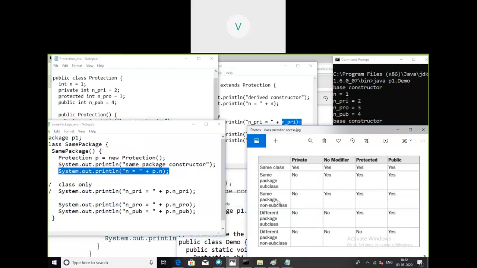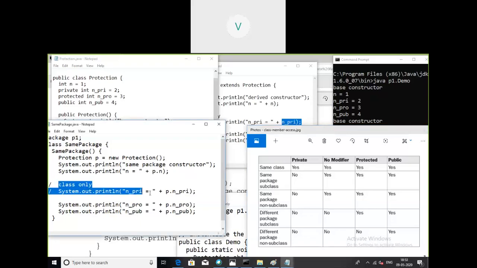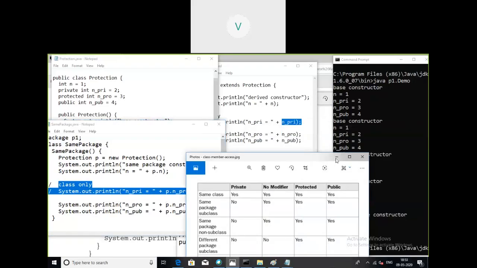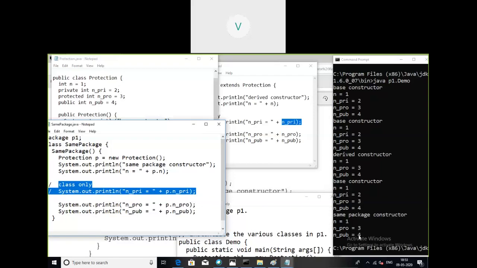Private is not allowed. Default is allowed. Protected is allowed. Public is allowed. So other than private, everything else is allowed. So what will it display? 1, 3 and 4. So this was the demonstration of the packages.